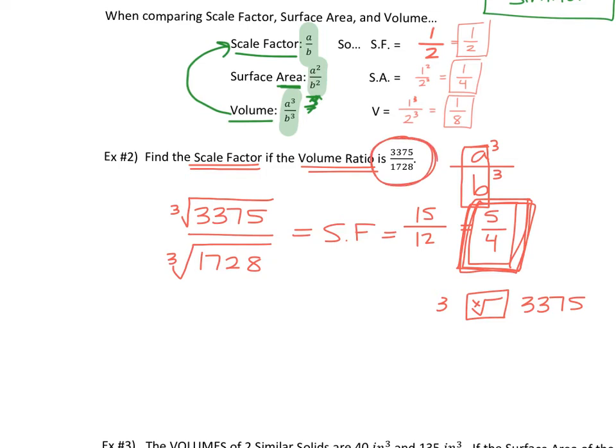You could reduce this first and then cube root it, or if it works out nicely like it did here, you can just reduce at the end. But if it's working out to weird numbers, try reducing it first and then take the cube root. Okay? So that's example 2. Example 3